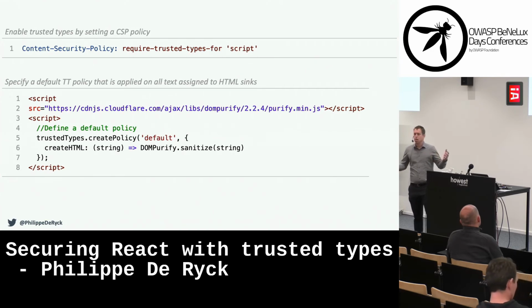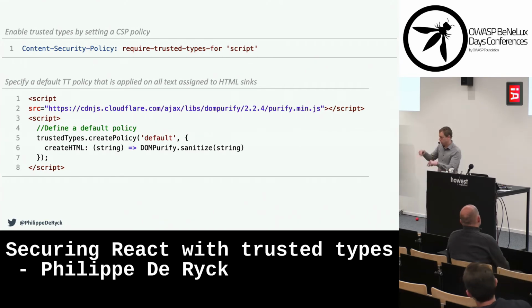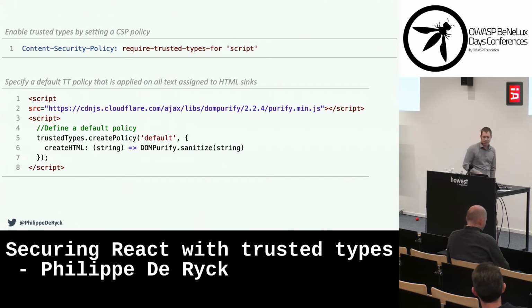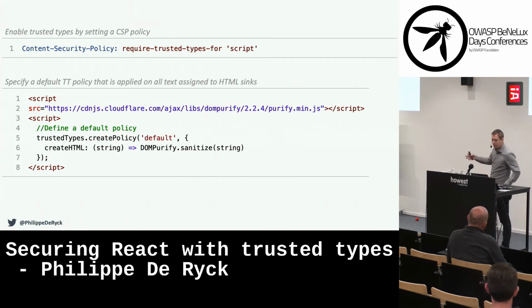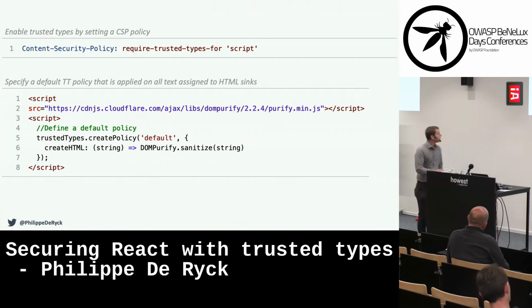So basically, you're supposed to write proper code yourself, like sanitize the values wherever they need sanitization. But if you're trying to apply this application-wide, even for code you haven't written, you can use this default policy mechanism. So what you basically do in this case, let's walk over it. You define,